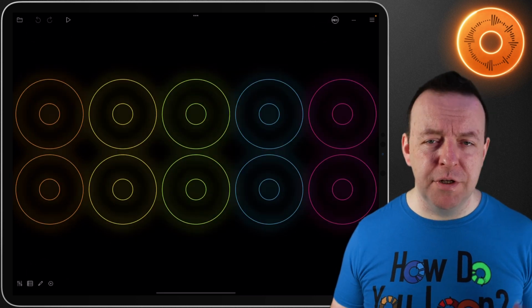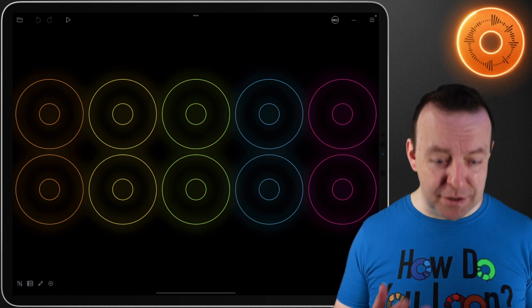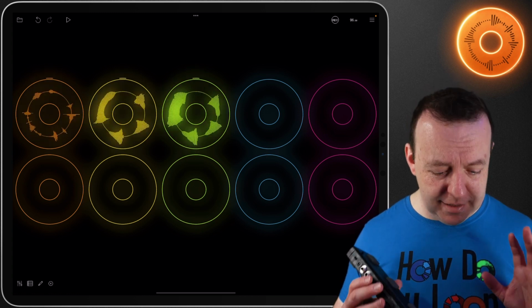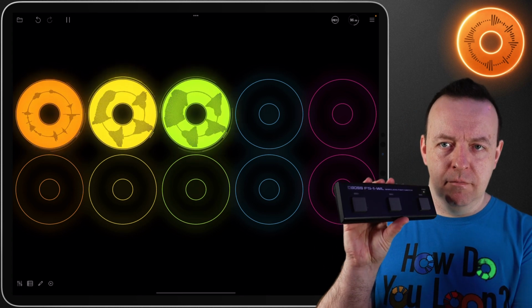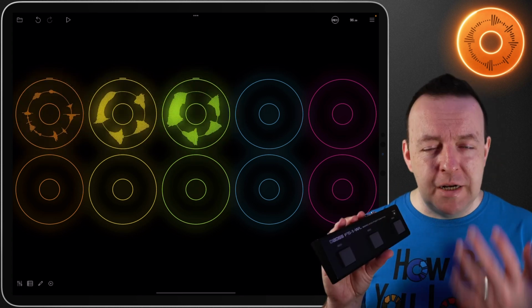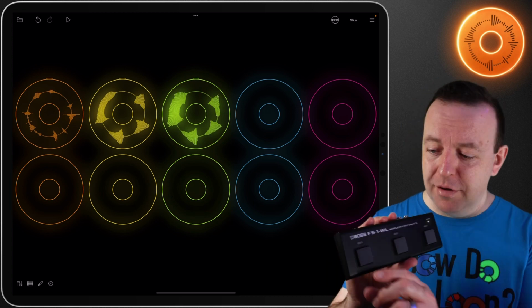I can close this. I'm just going to put a little beat down, and then you're going to see me use the pedal. So I've got 3 loops down here, and I'm not going to touch the iPad at all. We're going to use this. And it's pretty instant because it's really fast Bluetooth. So we press this button,